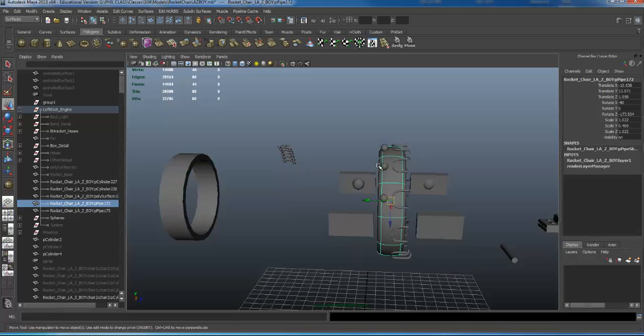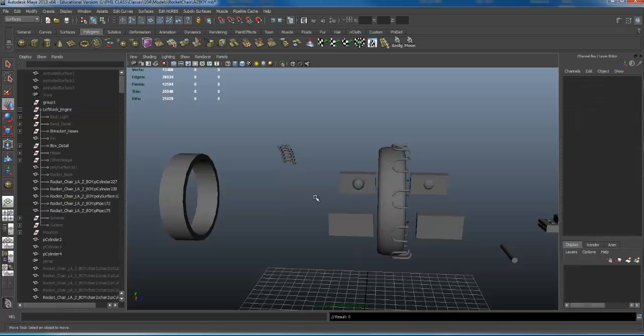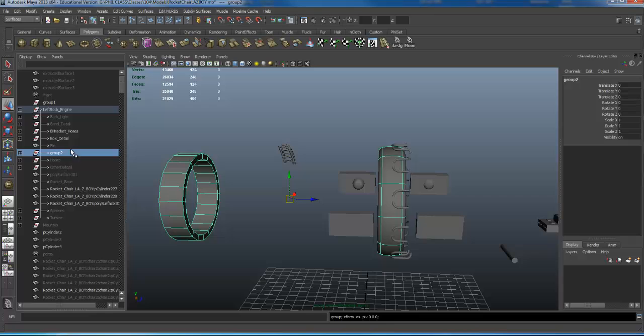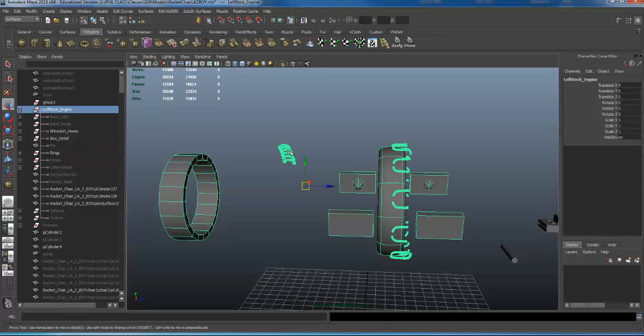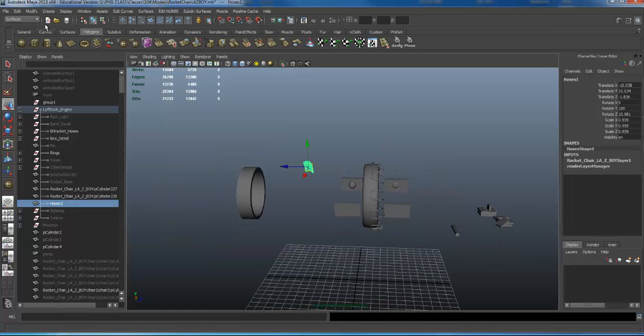And let's take a look at that. Let's see what this is grouped right here. That has the spheres. That's grouped. I'm going to hide those. And what about these? I have these two pieces here. So I'm going to group these. And then I'm going to call those rings. Okay. And then let's see here. I had the hoses over there. Okay. And now if I hit display show all,